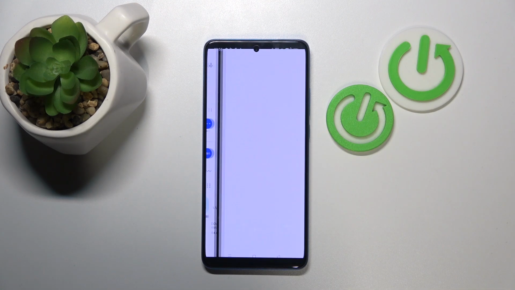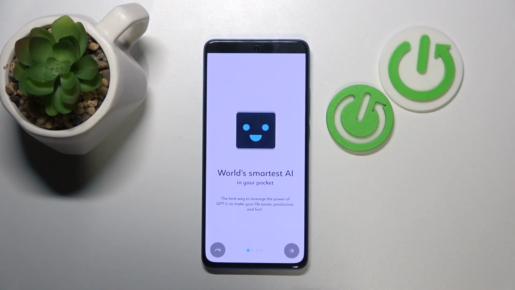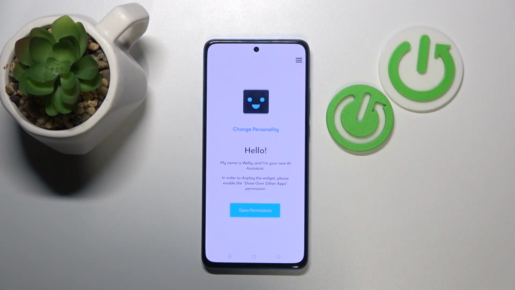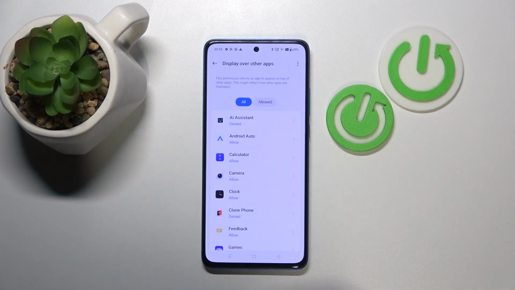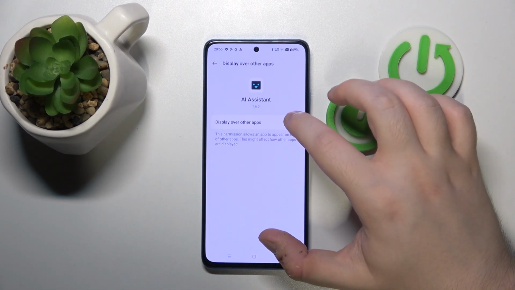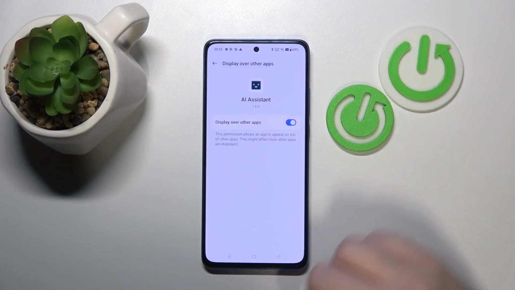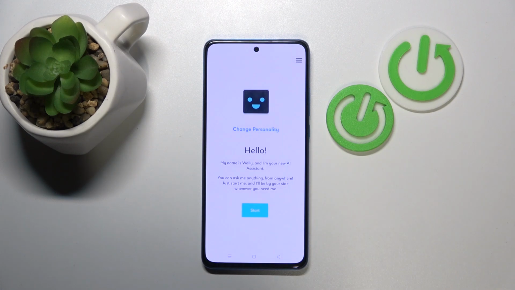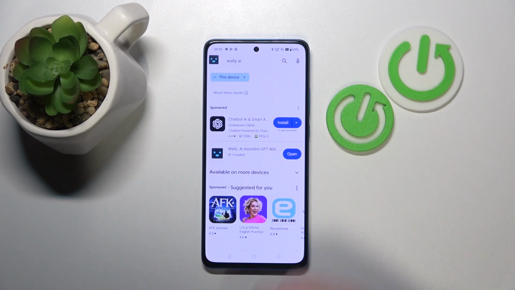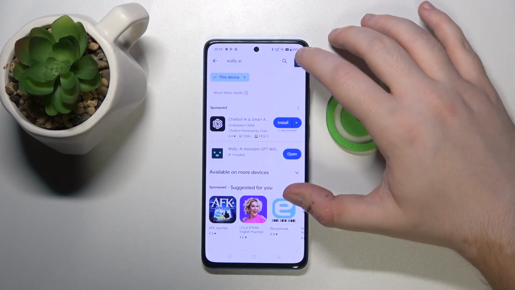Now you can click open and click this button to skip introduction. Now click open permissions and click on AI Assistant. Then click here to allow this app to display over other apps, and you can click back and click back again. Now you can click start, and as you can see, here is your ChatGPT widget, and you can open him